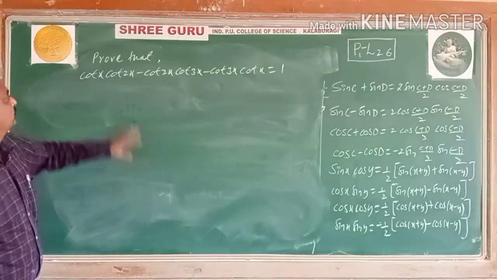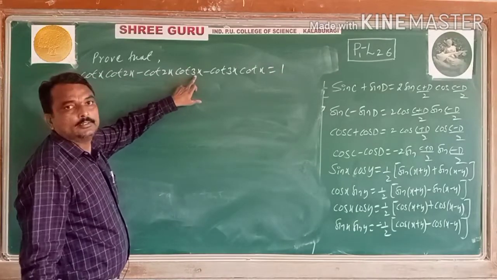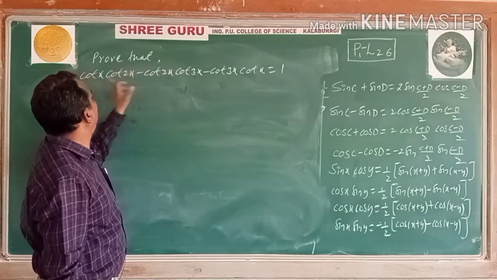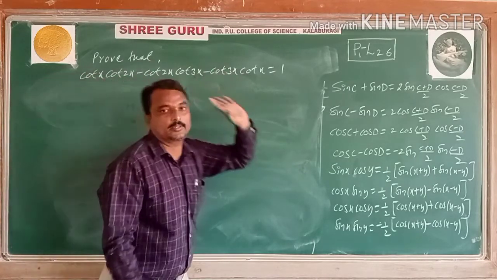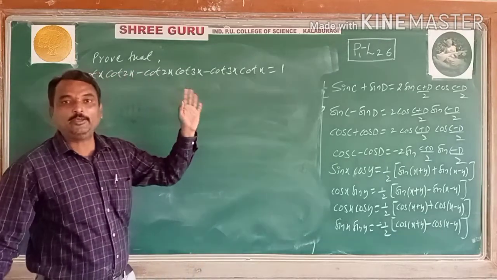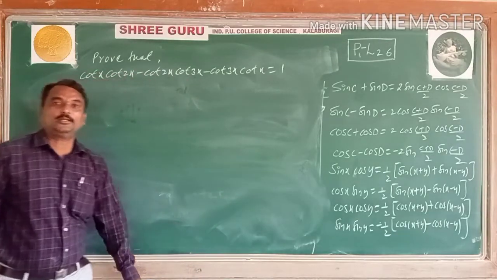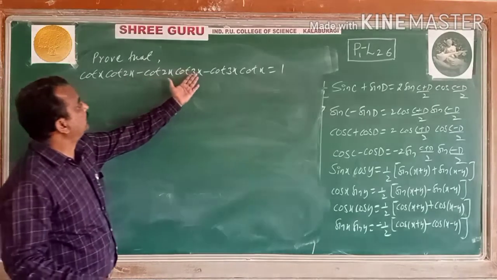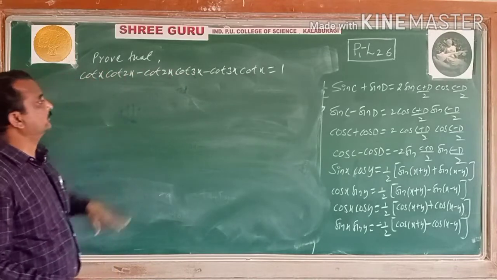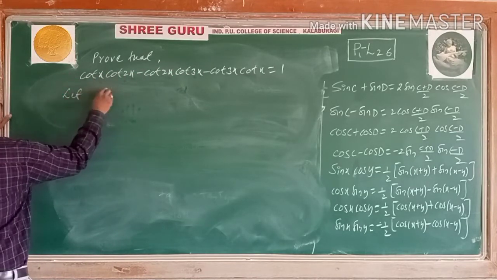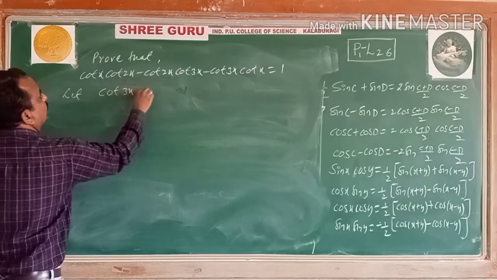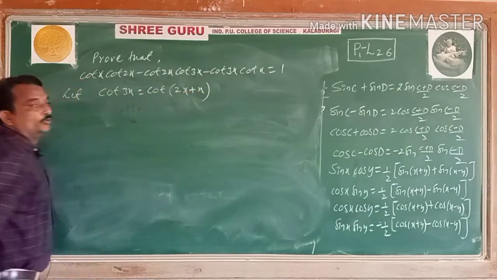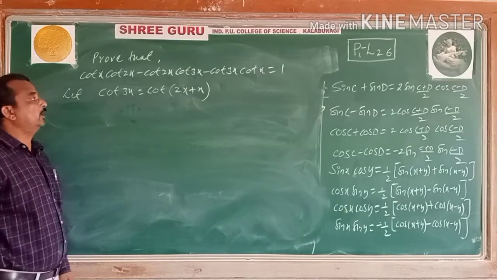See in terms of cot it is 3x. You see the bigger angle 3x. Now see the two smaller 2x and x converted. In the previous example, that 5x I have written, in terms of 7x I have written, the two similar type of examples. You may convert like that. So here see the bigger angle 3x, the two smaller angles 2x and x. Let us consider cot 3x is equal to cot of 2x plus x. You should know cot x plus y formula.